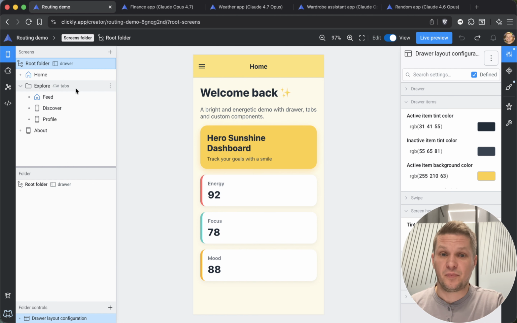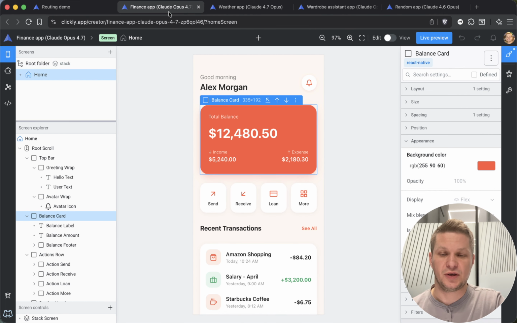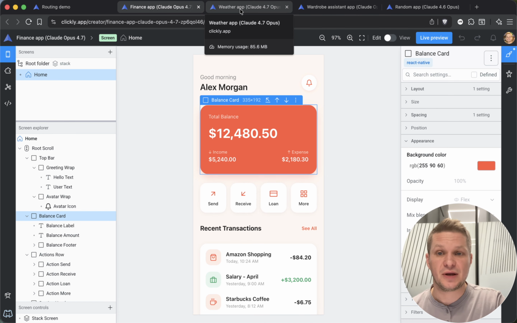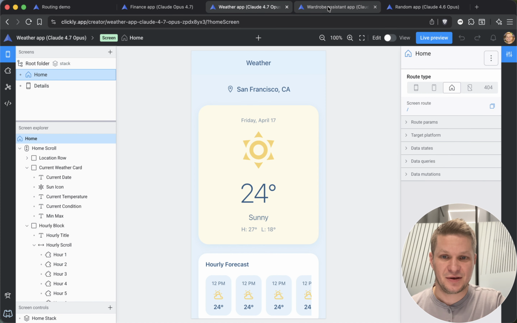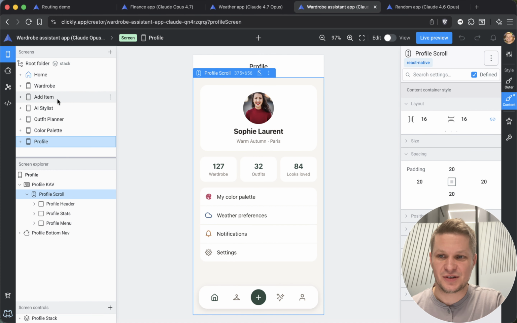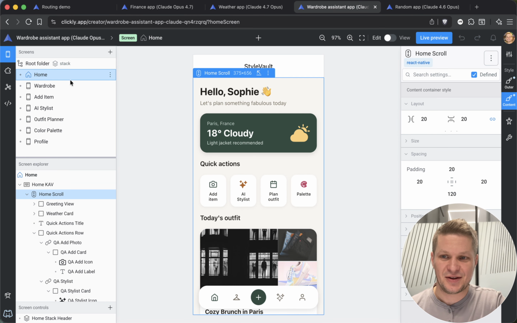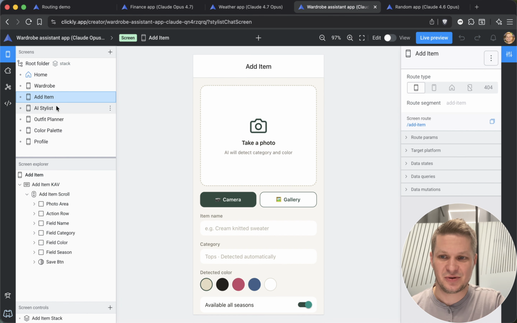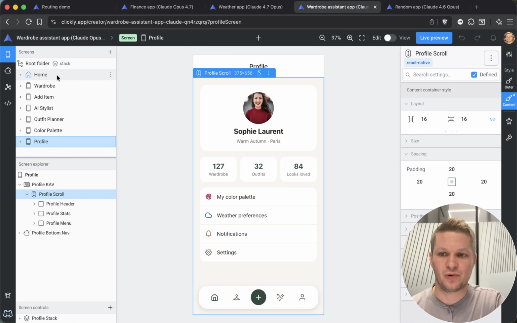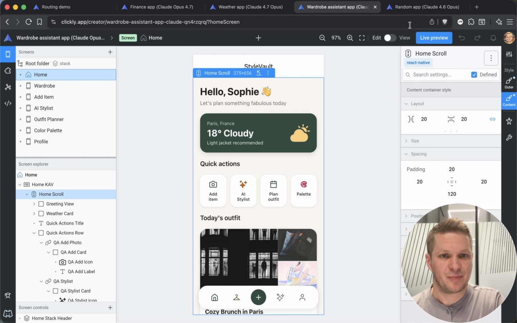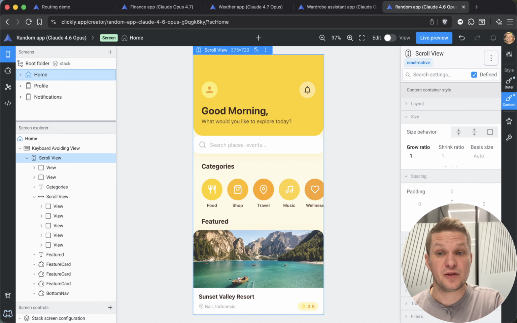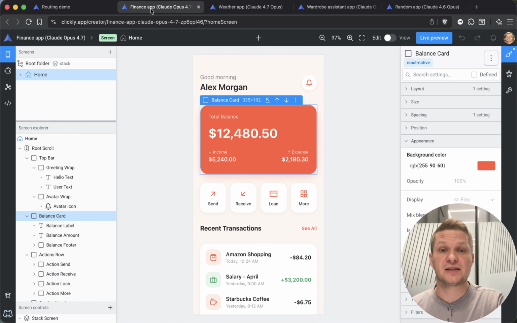And by the way, another thing I'm working on is integration with generative AI, and I'm showing you these nice examples of some nice designs or well thought out applications that, again, were one-shotted. And the next step for Clickly in this direction